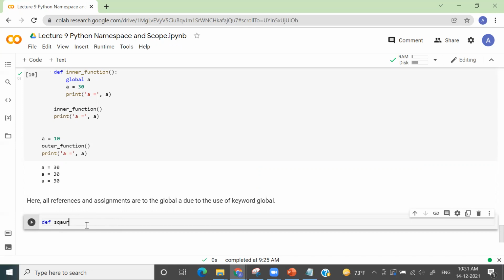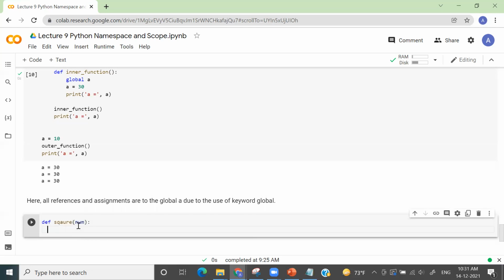I'm giving the name of this function as square, and this function will take a certain argument. I'm giving that argument the name num. And it will square that particular number.